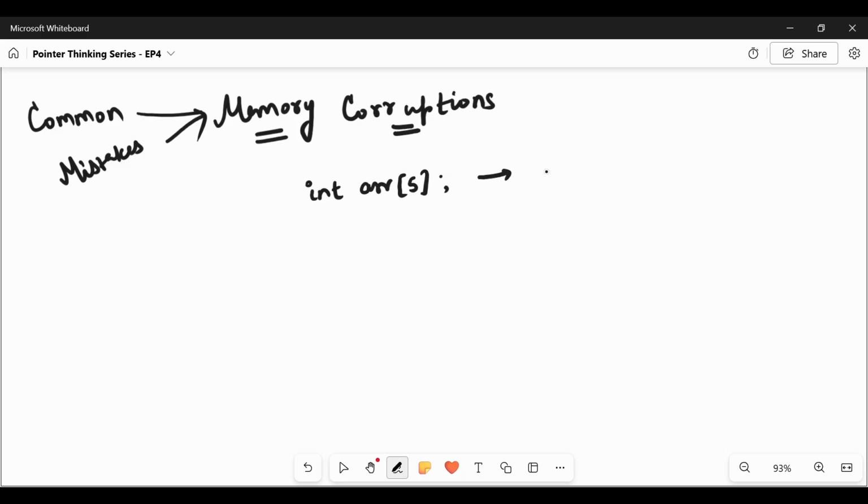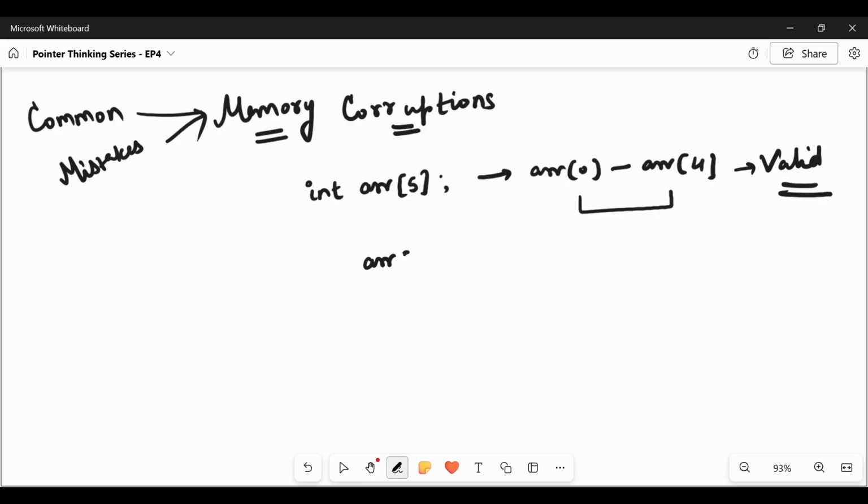So the valid locations will be from index 0 to index 4. Total 5 elements and addresses from 0 to 4. This is valid and permitted traversing. Whenever a programmer tries to fetch the element at the 5th location, which is an invalid location, memory corruption will happen.